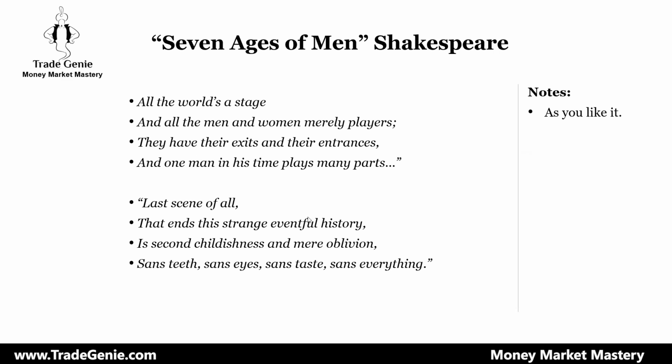So the play, As You Like It. I'm not remembering the exact sentence, the word you use. But here is from Shakespeare, and I will relate it to you in trading. He is describing the seven ages of man. So there are seven stages of man, and just like the seven stages of man, there are seven stages of market.